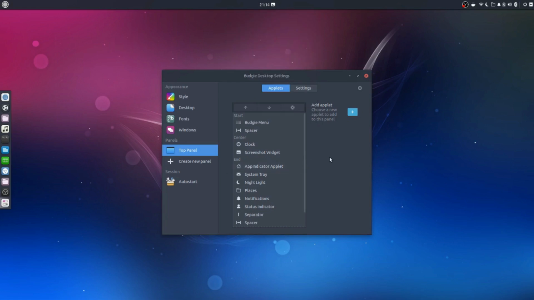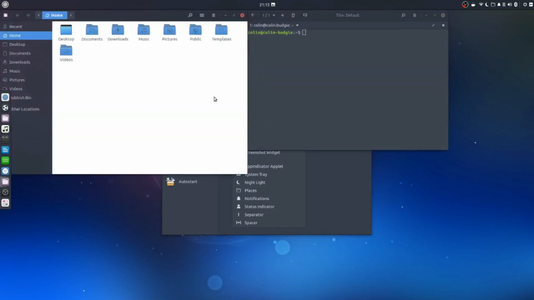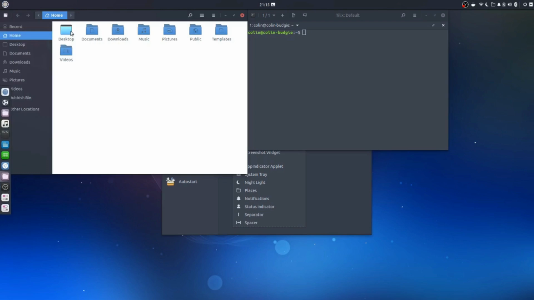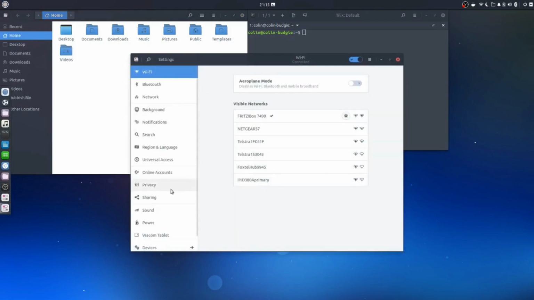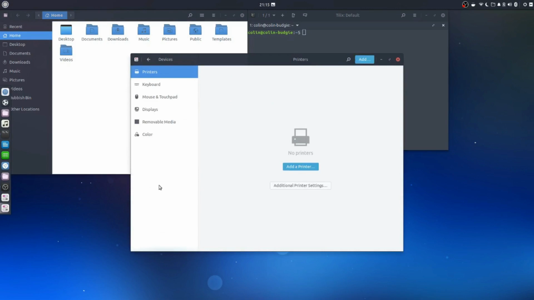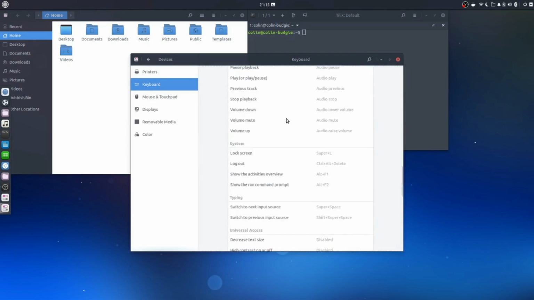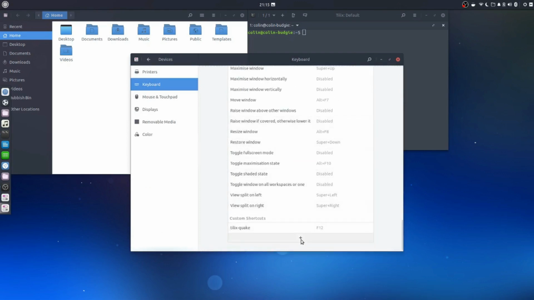Now the other thing that was installed was skippy-xd. Now skippy-xd is a Windows overview. So if we open up all these windows, now what we need to do is go to settings. So if we go to settings, we go to devices and keyboard. We've got our shortcuts here. So what we need to do is add, because skippy-xd,